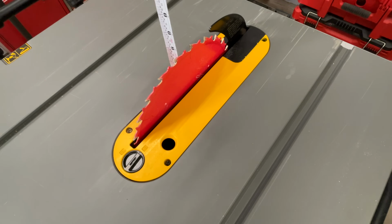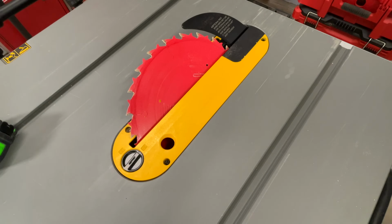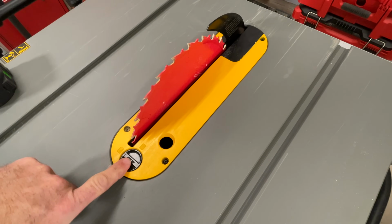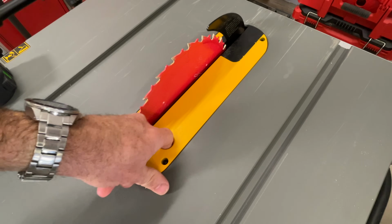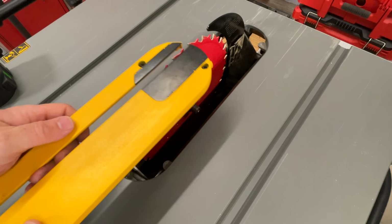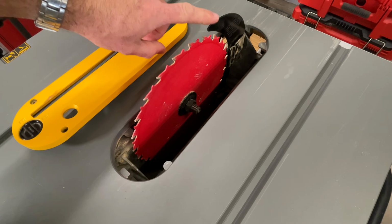Full up on the DeWALT is 3¼ again. Exactly the same as the Delta, 45-degree tilt, 2¼. The throat plate has a locking latch because this saw will be moved around and flipped on its side essentially. It is open in the back, same as the Delta, so if you have the blade guard on it, you can get this off. Riving knife on this one